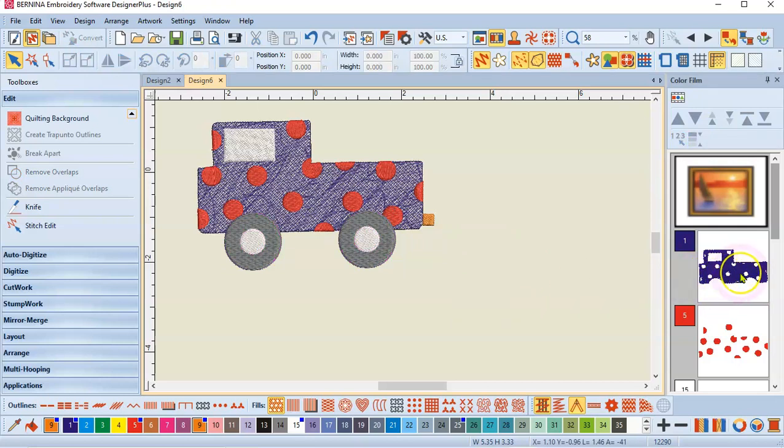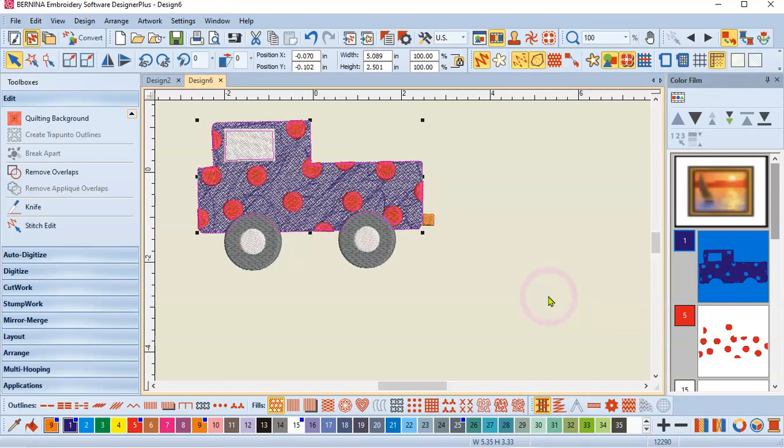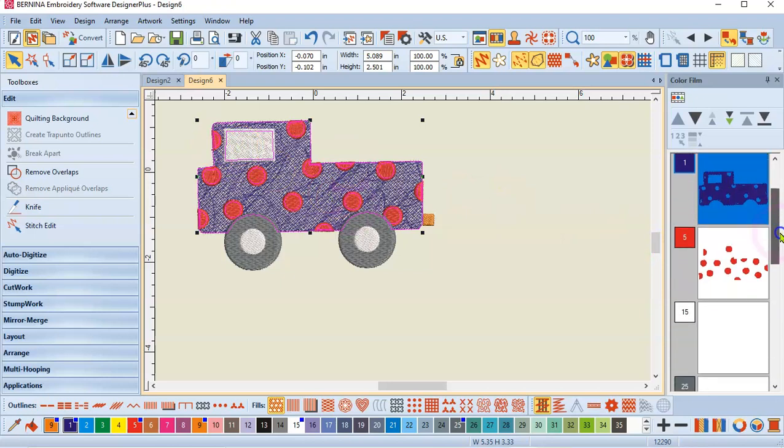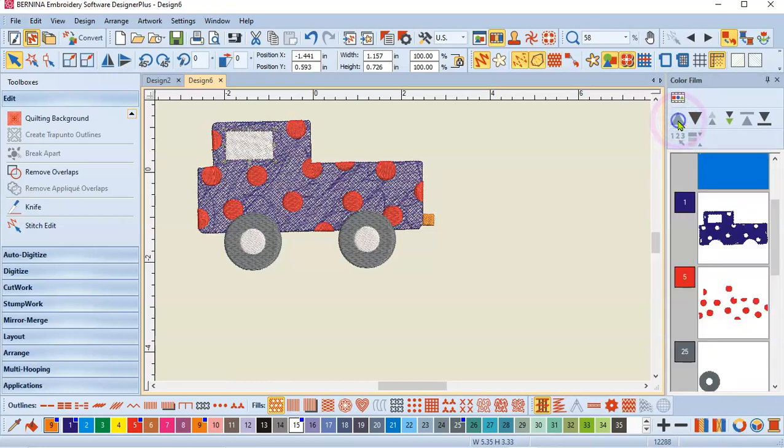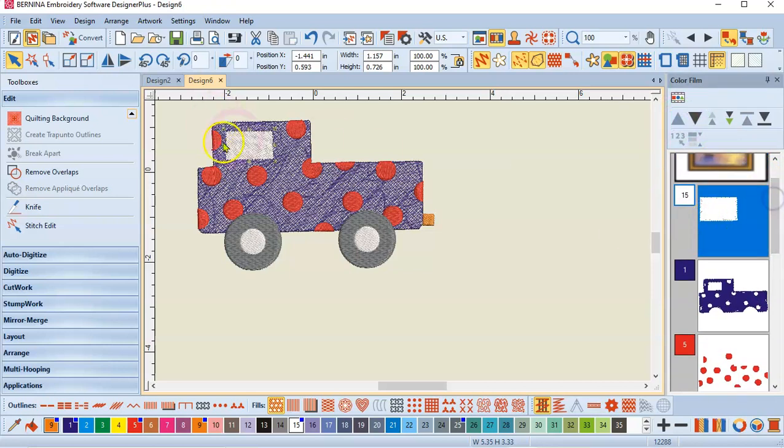I believe that I would like to have the little truck outlined, and so I am going to, well, actually, I'd like to change the stitch order of this also. I think I want the white windshield under the truck. I want that windshield to stitch first. So I'm going to select it in the color film, and I'm going to move it all the way up to the front of the whole thing. So now the very first thing that's going to stitch will be the white windshield, and then the blue truck, and then I'm going to let the dots be on top of the truck, and then the wheels on top